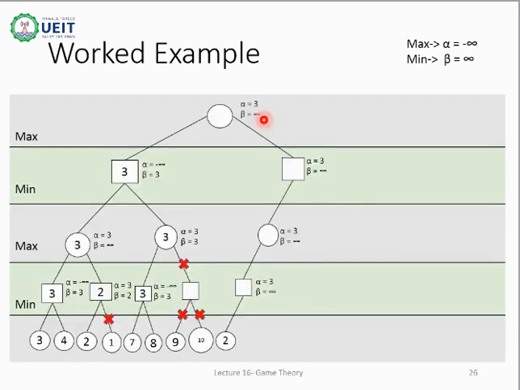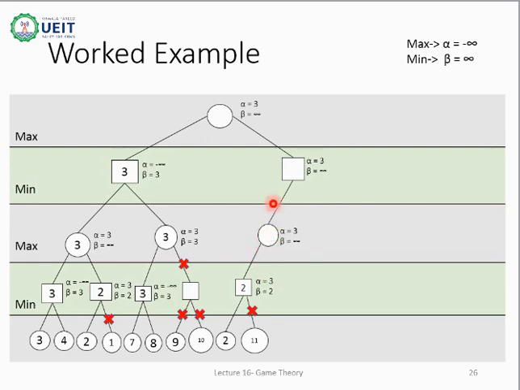Following DFS will take us to node 2 here directly. The value of alpha obtained from the root node will be passed down as it is down the generation line. We are currently at the minimum level. Thus the value of beta will be changed and 2 will be assigned to beta. A condition check will be performed, and as the condition becomes true, the right child will be pruned. 2 will be assigned as the node value, and we will move upwards to the next level here.